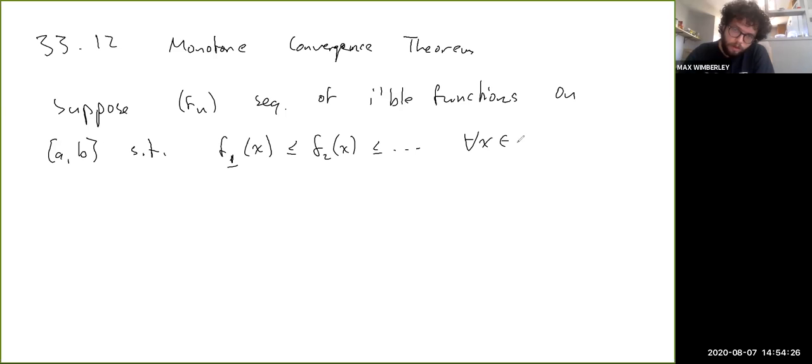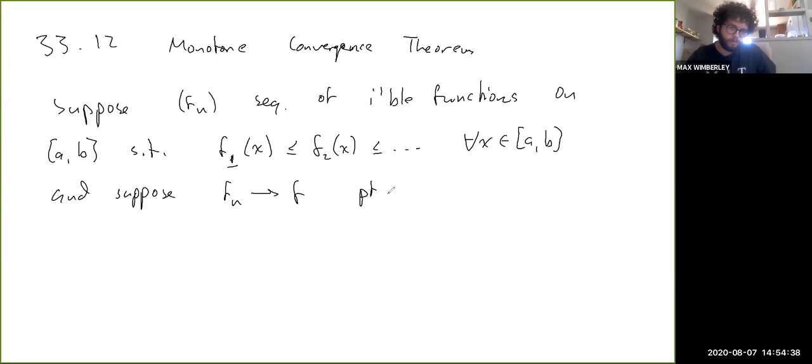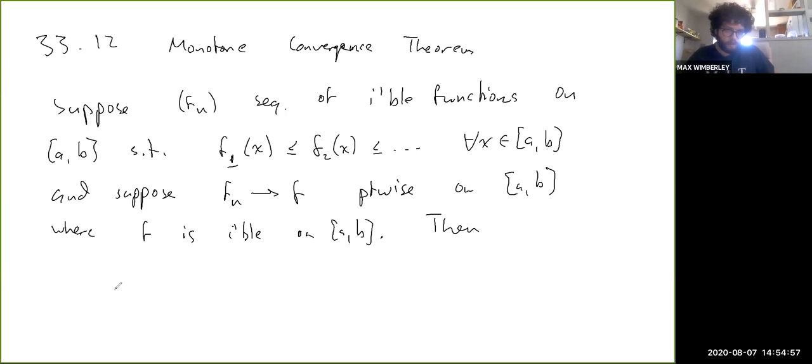and suppose Fn goes to F pointwise on AB, where F is integrable on AB, then again, the integrals have to converge. So the limit as n goes to infinity of the integral from a to b of Fn is the integral from a to b of F. Okay, and this follows from the dominated convergence theorem because,